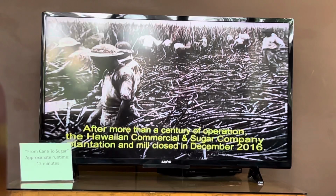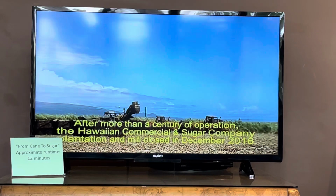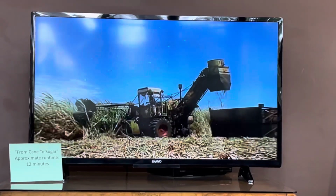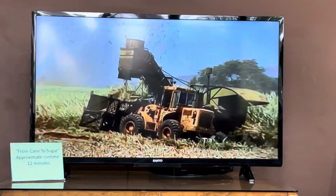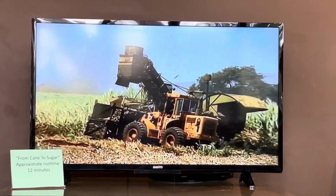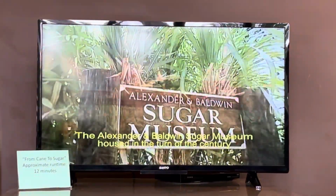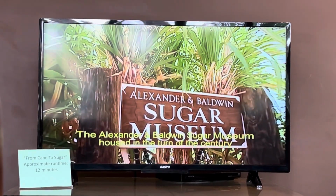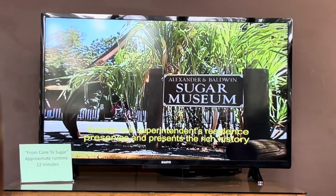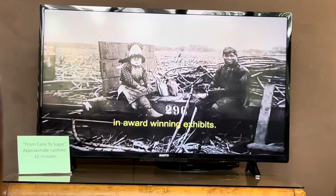After more than a century of operation, the Hawaiian Commercial and Sugar Company Plantation and Mill closed in December 2016. Sugar Museum, housed in the turn-of-the-century former mill superintendent's residence, preserves and presents the rich history and heritage of Hawaii's sugar industry and its multi-ethnic plantation life in award-winning